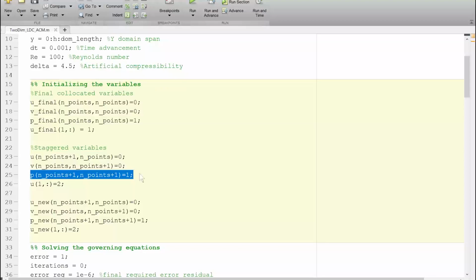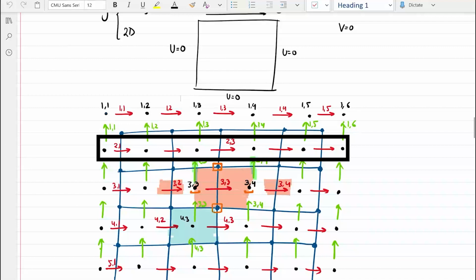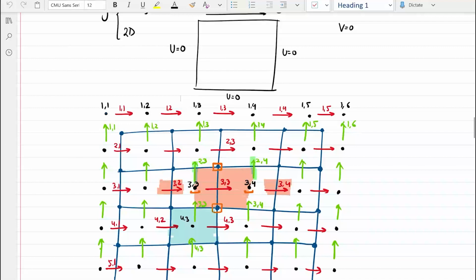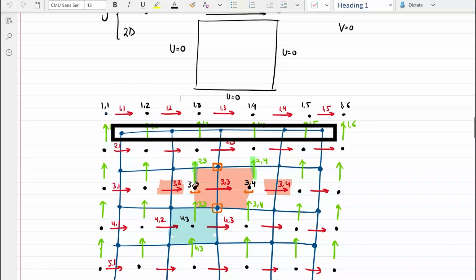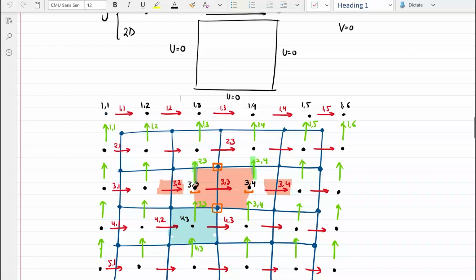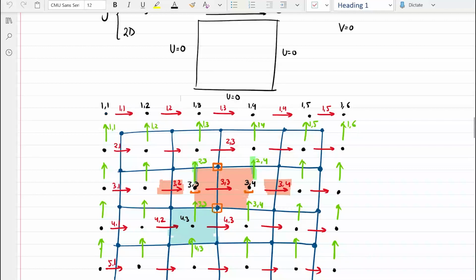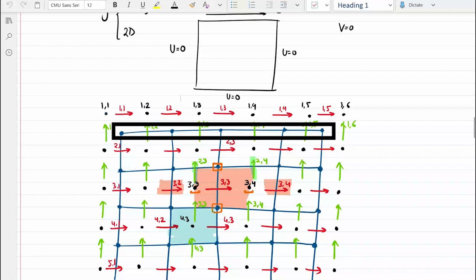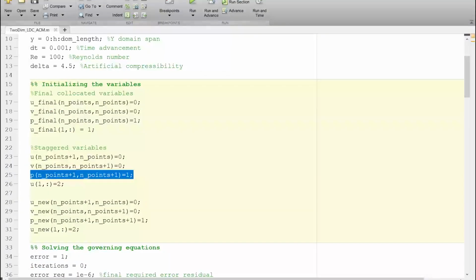So that is the initialization of the u, v and p variables. But remember, because the top lid has a boundary velocity of 1, we have to take that into consideration. If I'm defining the second row velocities as 0, I have to define the top velocity to be equal to 2, because only then after interpolation can we get a velocity of 1 here. This was also discussed in the last lecture. If you don't remember it, please go through that.